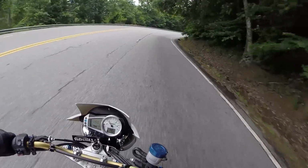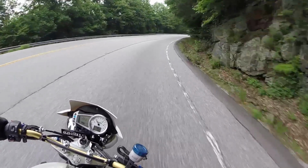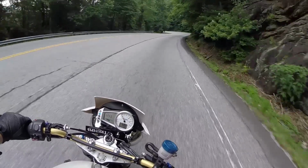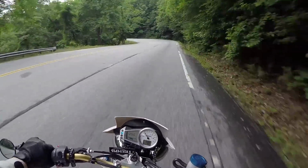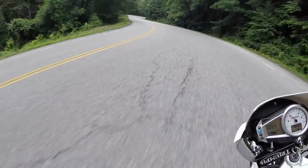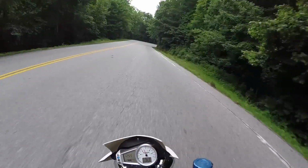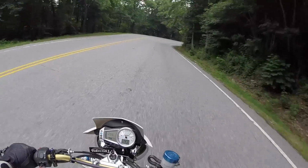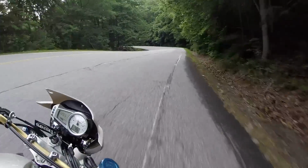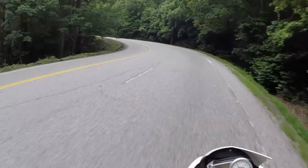So that right there just gives you an idea of how to put all of that to play. Not braking into curves at all. I'm scrubbing my speed, then I'm getting off the bike and accelerating through the curve. I'm gonna do it again. Braking, braking, braking, off, accelerate through the curve. Braking, braking, off,